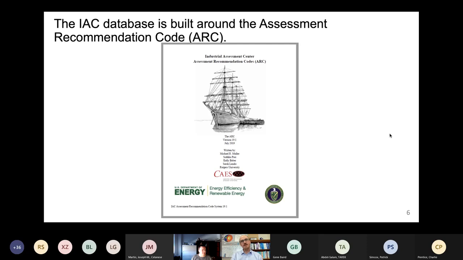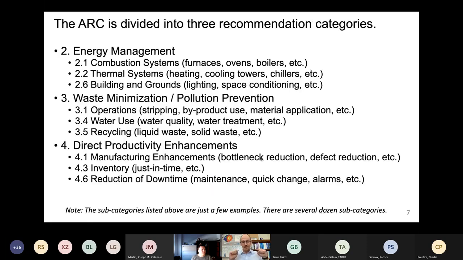And the thing that has made the IACs an enduring source of information over the years is this database. So every recommendation that is made goes into this database, and it's built around this assessment recommendation code, or the ARC. And this is the front page of the PDF that is the assessment recommendation code. And if we were to go into that PDF and see what it talks about in there, it's got things like number 2, energy management. Number 3, waste minimization, pollution prevention. Number 4, direct productivity enhancements. And if we dive into the subtopics, for example, with waste minimization, pollution prevention, they have 3.5, recycling, liquid waste,